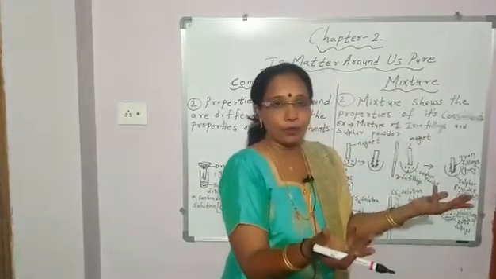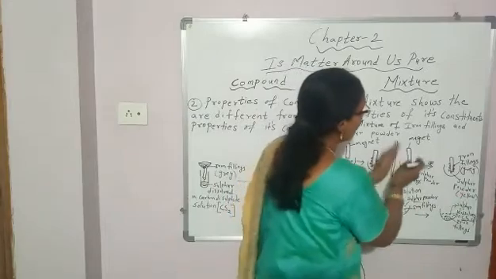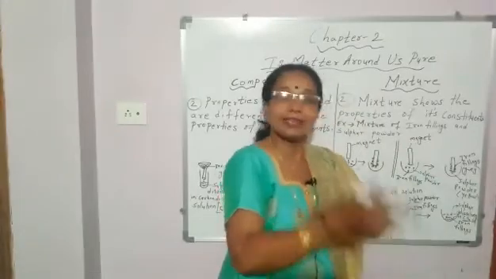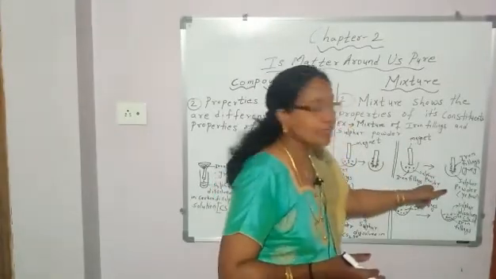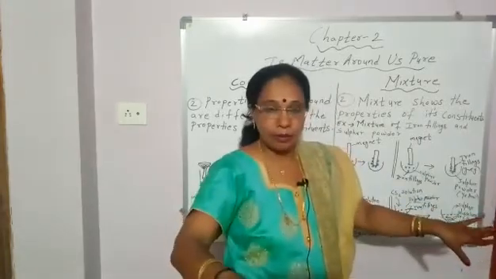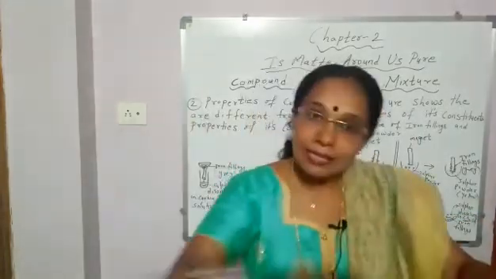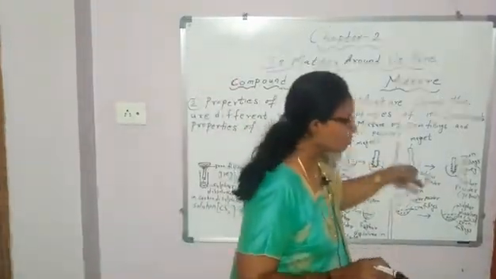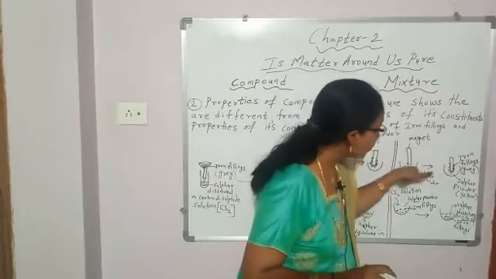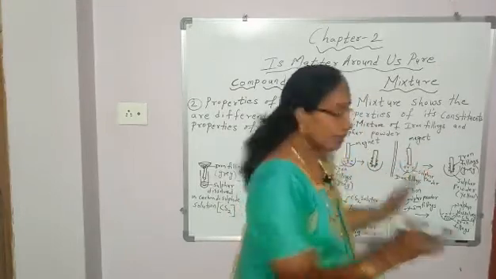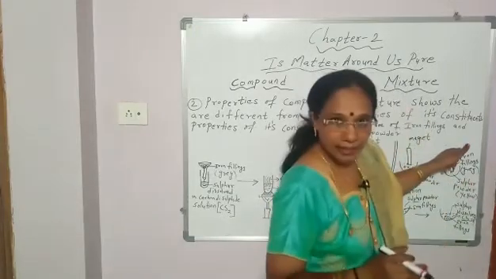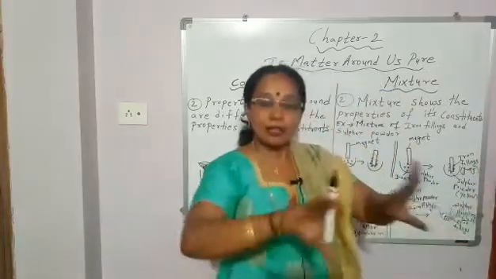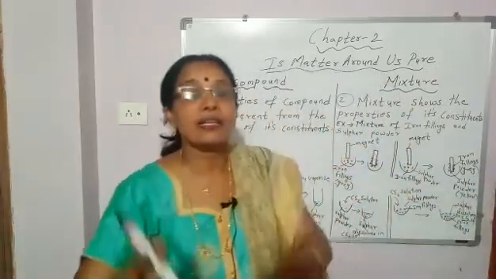You mixed it in any ratio. So in some areas you can see sulfur powder, because this is grey colored and this is yellow colored. But you mixed in any ratio. Now, if you want to separate the constituents of this mixture, you can do it by a simple physical method. You bring a magnet to the mixture. What will happen? Iron filling will get attracted to magnet and what is left? Sulfur powder. So this way you separated the constituents of the mixture by a simple physical method.